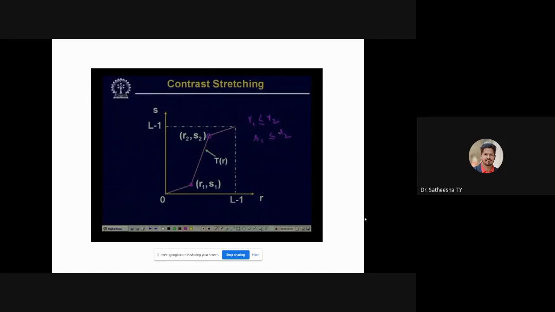But if the order is reversed, in that case the processed image will look totally different from the original image. All the transformations that we are going to discuss, except the negative operation that we discussed initially in the last class, have this particular property that the order of the intensity value is maintained.